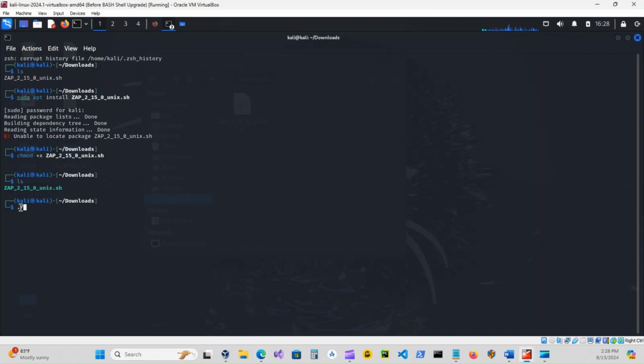I'll first click on next. I accept the agreement and then click on next. I will keep standard installation selected and then click on next. And then finally click on install. Click on finish. And if I click on the Kali button here and type zap, I can see this is